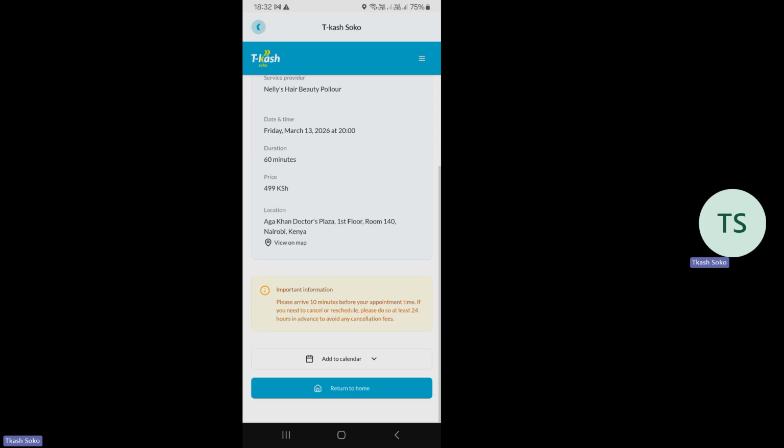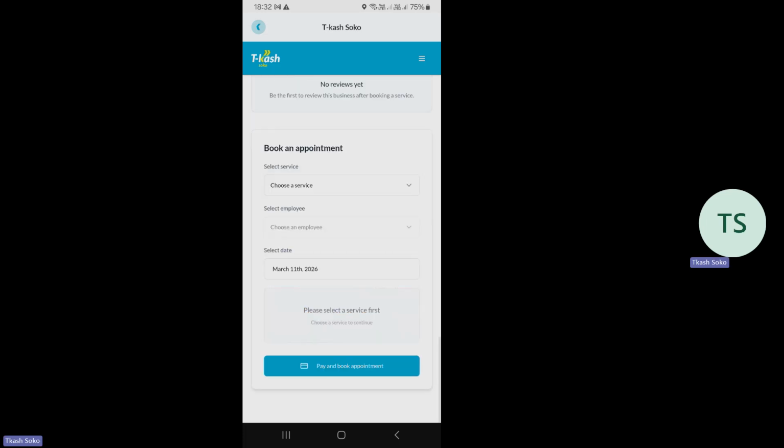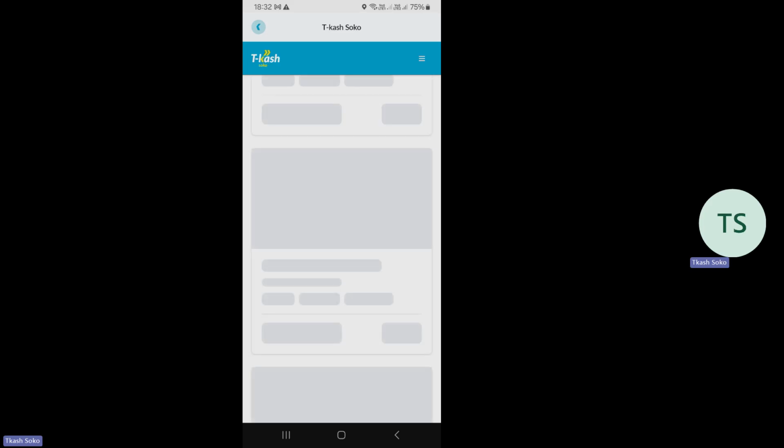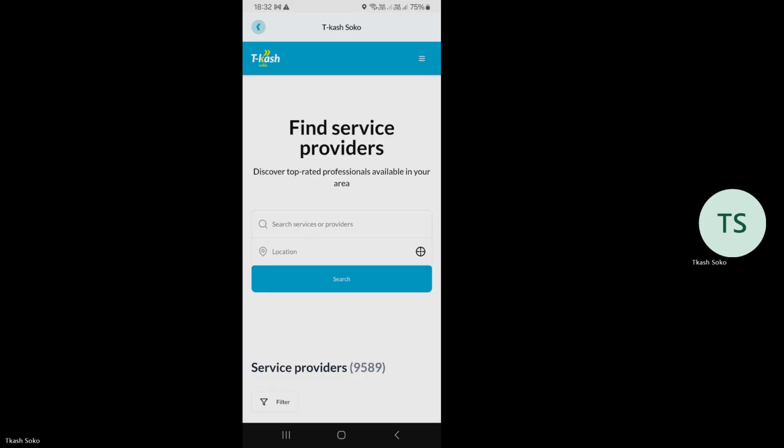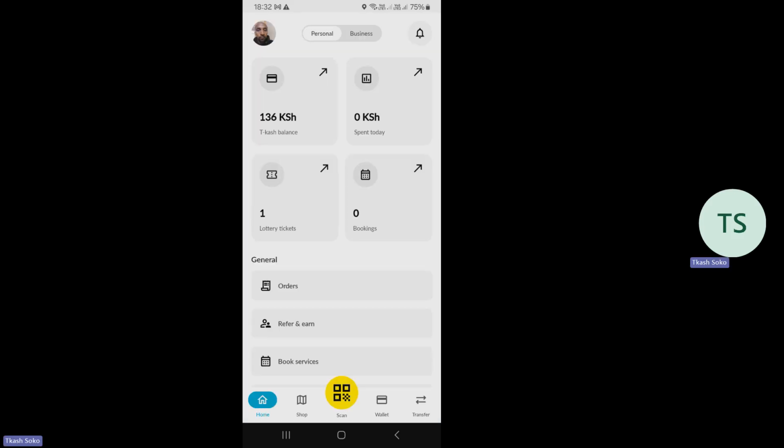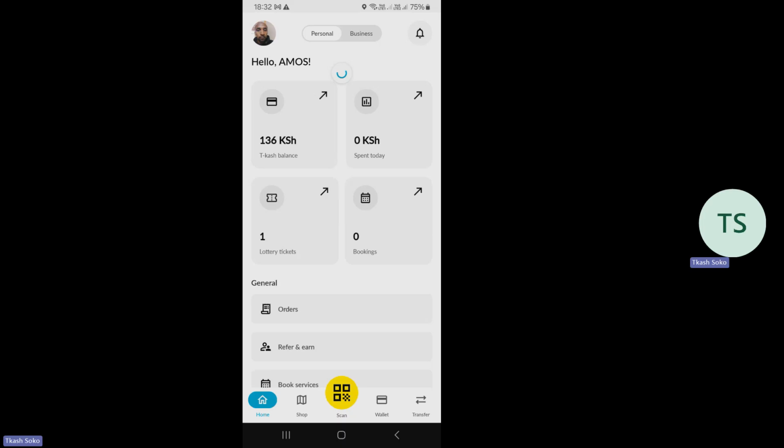Which effect does this have now on my booking? Initially on the screen, there was an option of bookings. Which effect does this have on my bookings? If I go back, because I've already booked, I just want to go back to home. If I go back to home, then refresh the home, you can see the bookings have changed from 0 to 1. So if I press on these bookings,